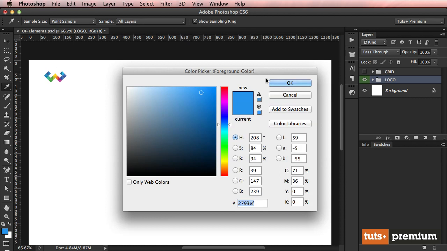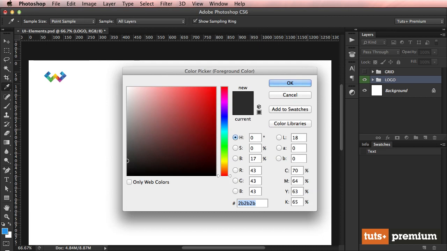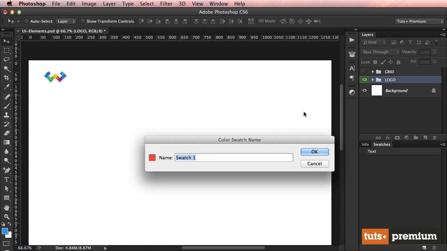Open the color picker. We'll start with the text color. That's 2B, 2B, 2B. Click Add to Swatches, call it Text. Next up is the primary color, the primary link and button color. That is an orange, kind of an orange color, so it's going to be E5, 4D, 42. Add to Swatches,